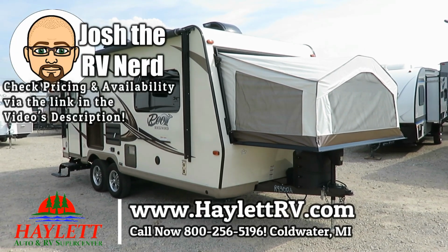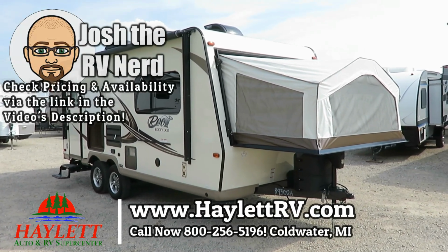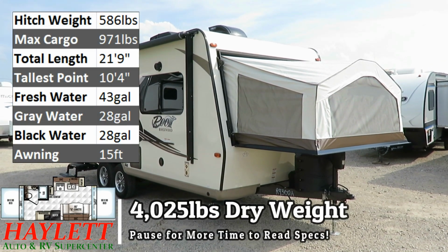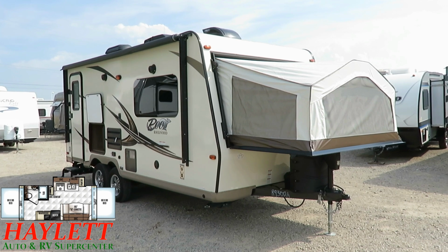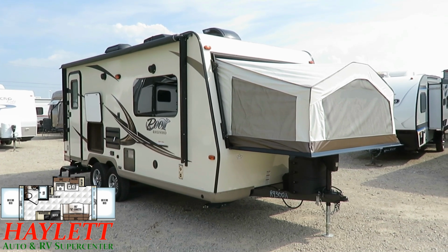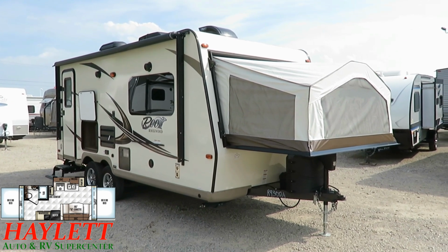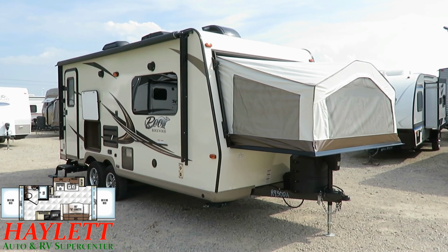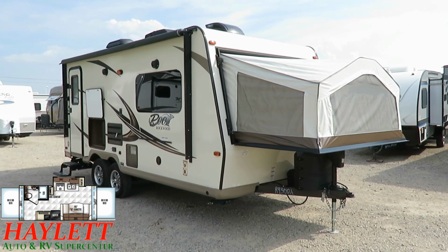4,025 pounds, late model, very nicely kept Rockwood Roo 21DK here at Haylett RV of Coldwater, Michigan. Why is it here is always the natural question I ask with any used RV, and in this case, it was a situation where you had Grandpa and Grandma, 2 dogs, and they want to start taking 2 of the grandbabies with them, and this thing was just no longer fitting their needs, so they swapped her out for a